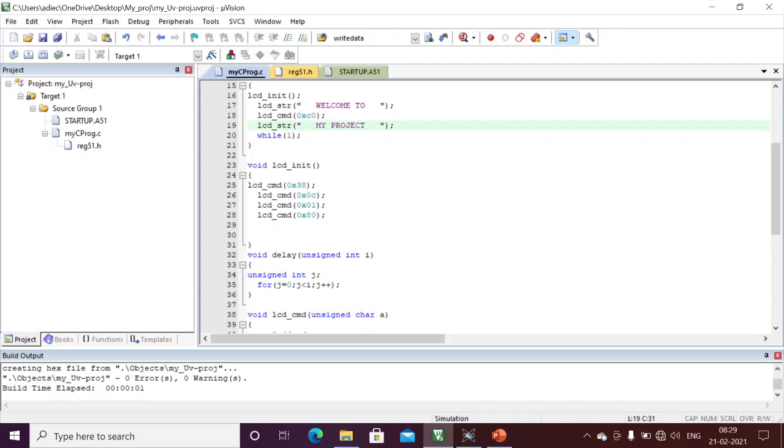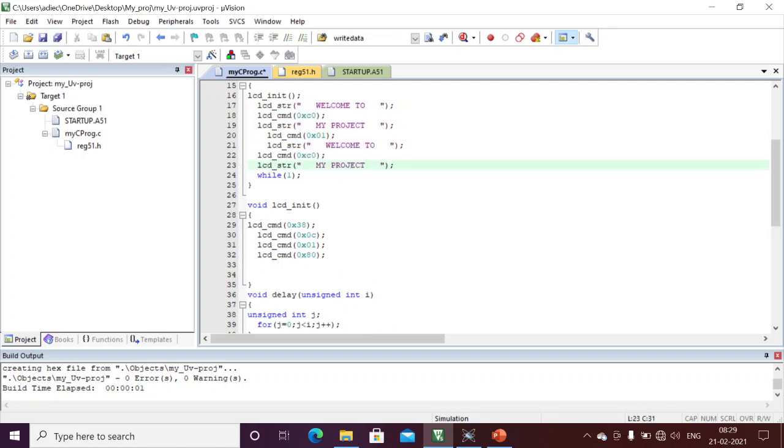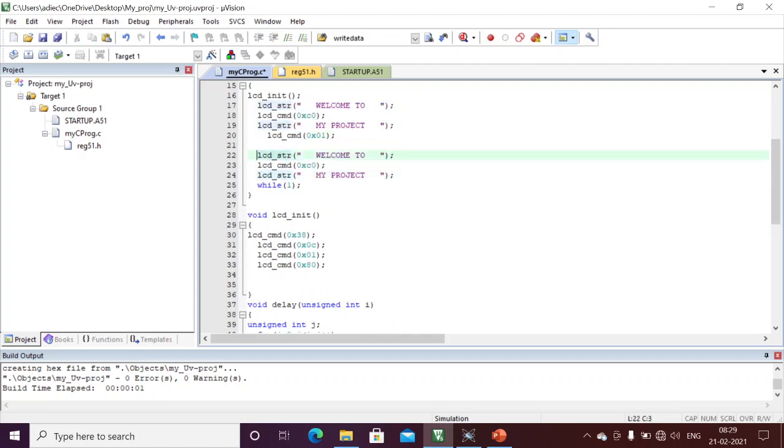For example, if I want to clear the data and display another text, I'm going to clear the complete data, and after that display the other data. Here I need to give 0x80 again, because the second data I'm going to display here. Here we'll display our channel content: YT training. Here I will write the institute, because in a single row we can write only up to 16 characters. I'm just going to write YT training institute.